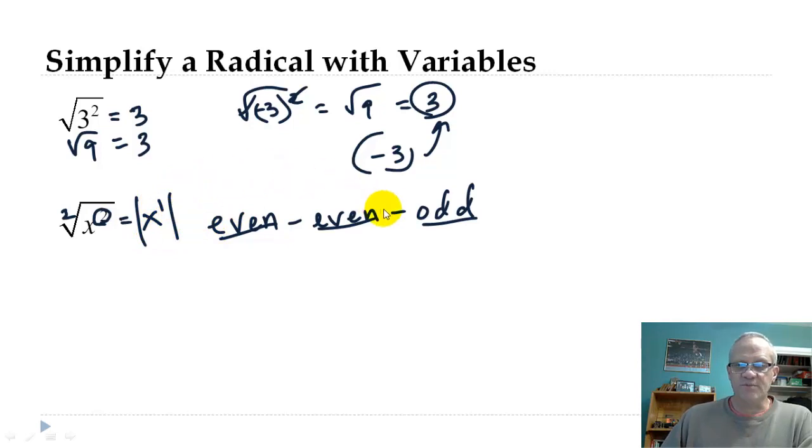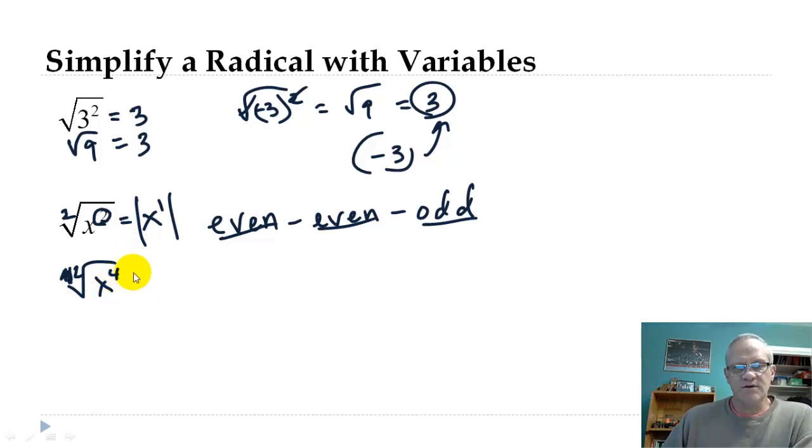If it ends up even, like if this was x squared, well, this is beyond the square roots, but what if I had x, let's see, the fourth root of x to the fourth. And we go, oh, the fourth root cancels the fourth power. Oops, hey, wait a minute. Let's do this differently. Keep that as a square root. This is really a square root. I might be getting ahead of myself here because I was going to talk about this in the next slide, but